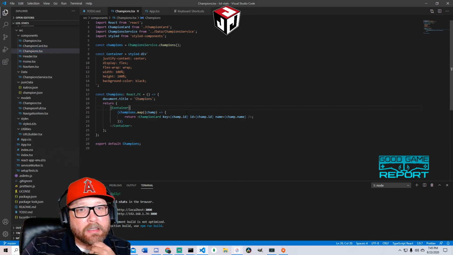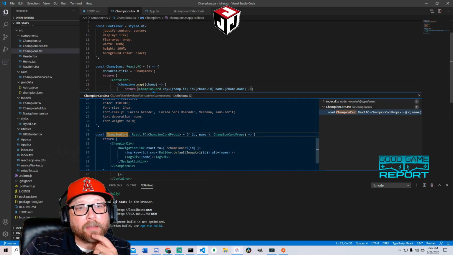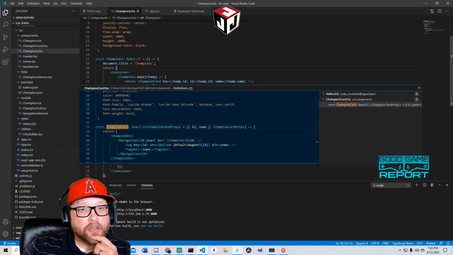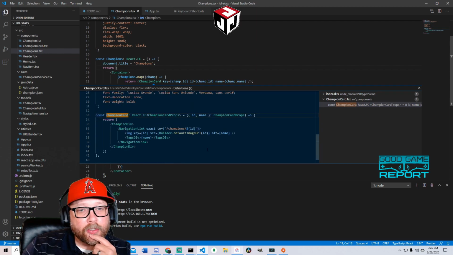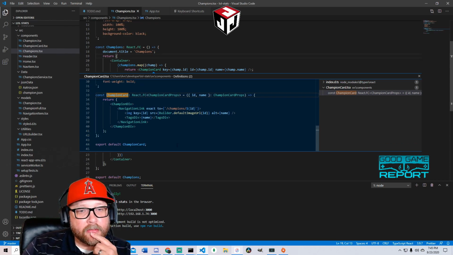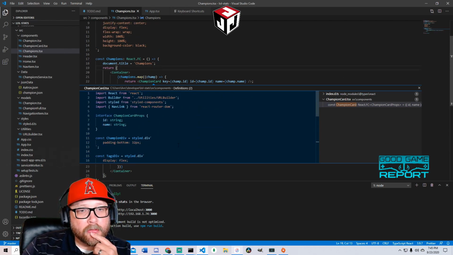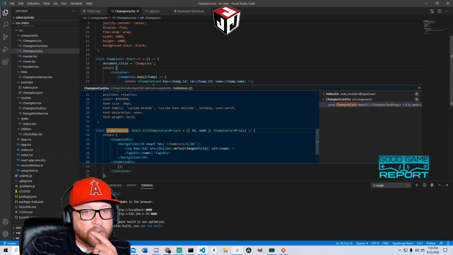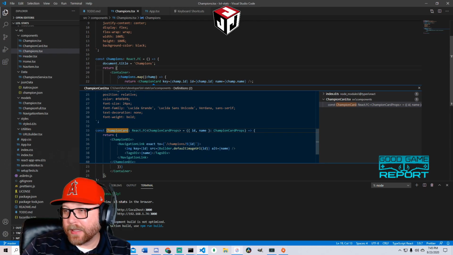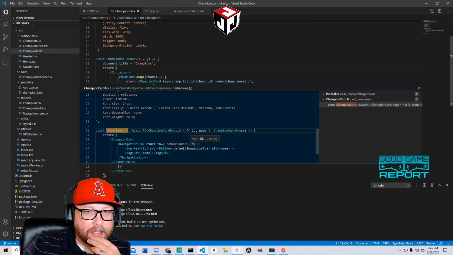Yeah, so it returns a champion card, and this card gets a default image URL, passes that in, and that displays the image.